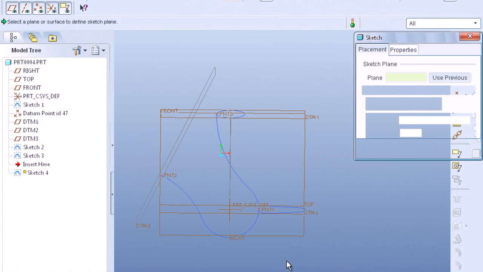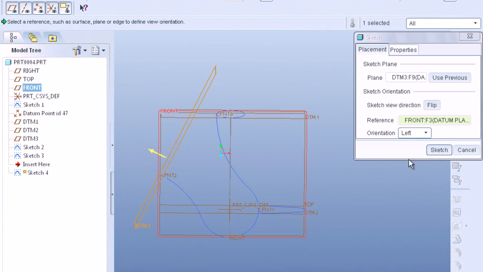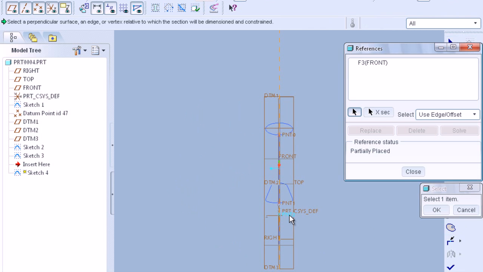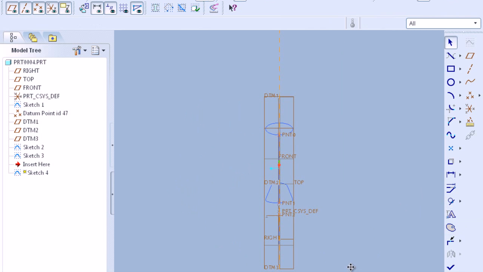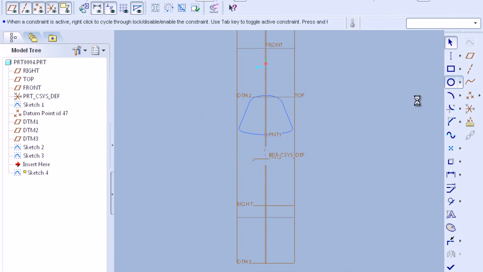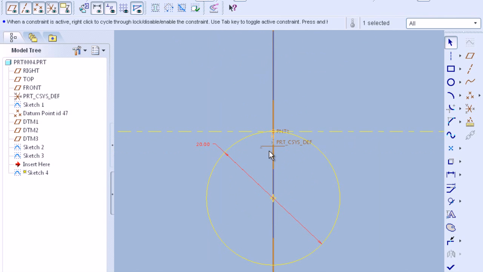So now we use the third datum plane for our sketching and draw the final section for our crane hook. Again go to references and select point 2 as the reference. Now here we draw below this center line. So draw a circle of diameter 20 mm, and again divide like the first section into 6 equal parts.